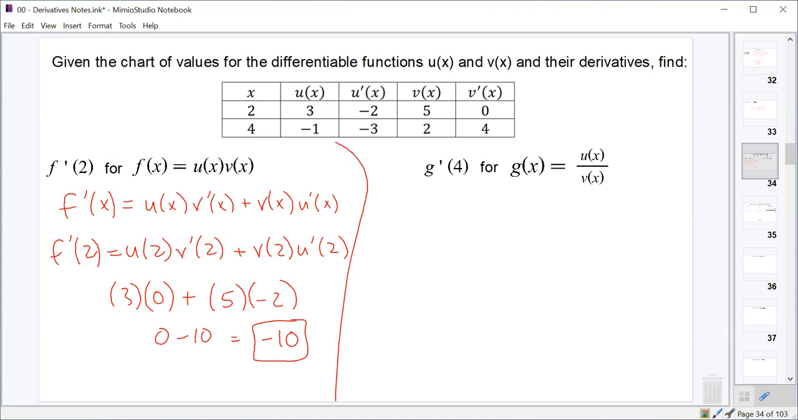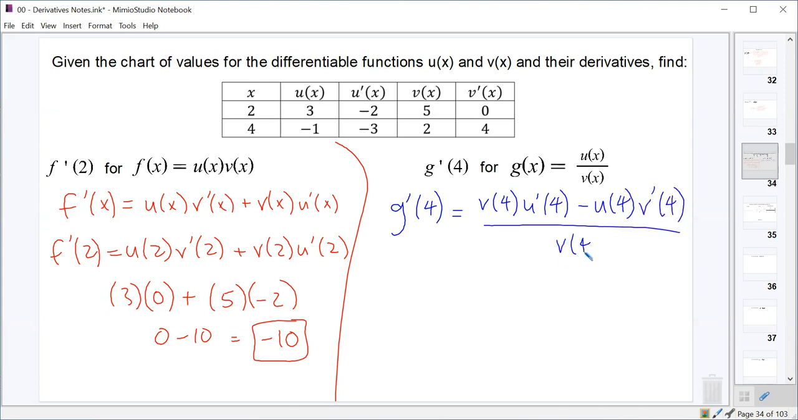And we can use the quotient rule over here on this side. G prime, in fact, we're going to skip a little step here. G prime of 4 ought to be, using the quotient rule, v evaluated at 4 times the derivative of u, so u prime evaluated at 4, minus u evaluated at 4 times the derivative of v, v prime evaluated at 4, all over v of 4